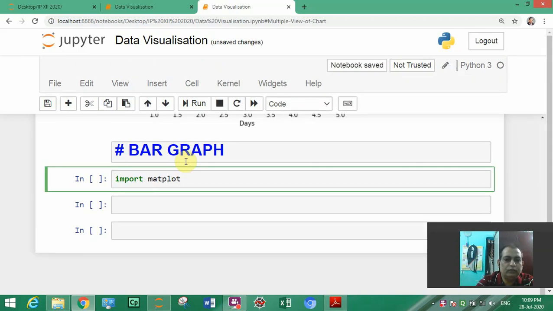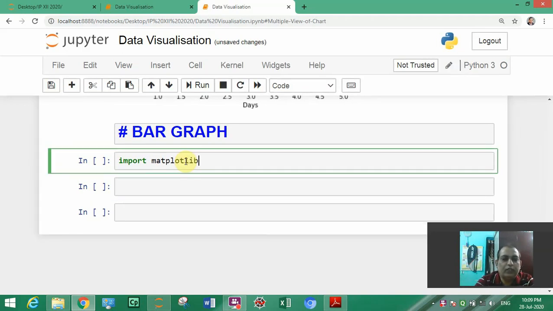When you are typing that code, that time itself you will remember many things, so it will help you in examination. import matplotlib.pyplot as plt.